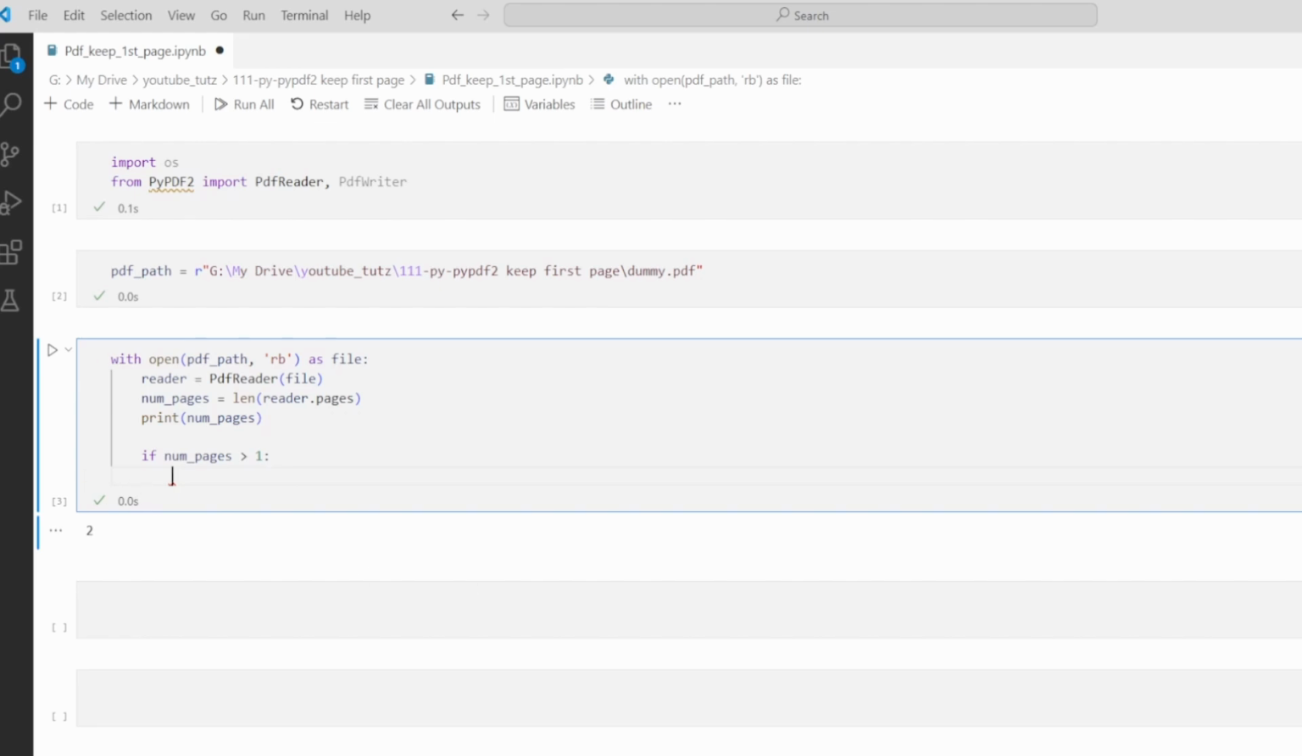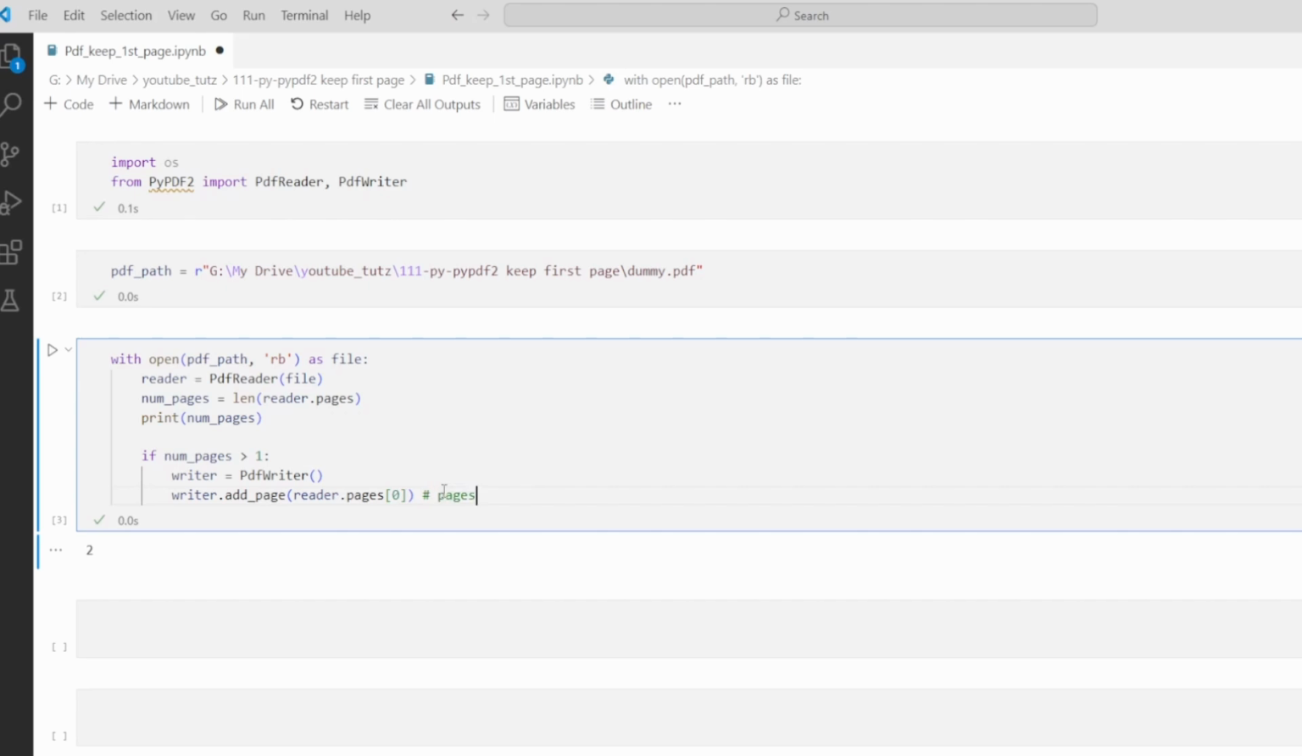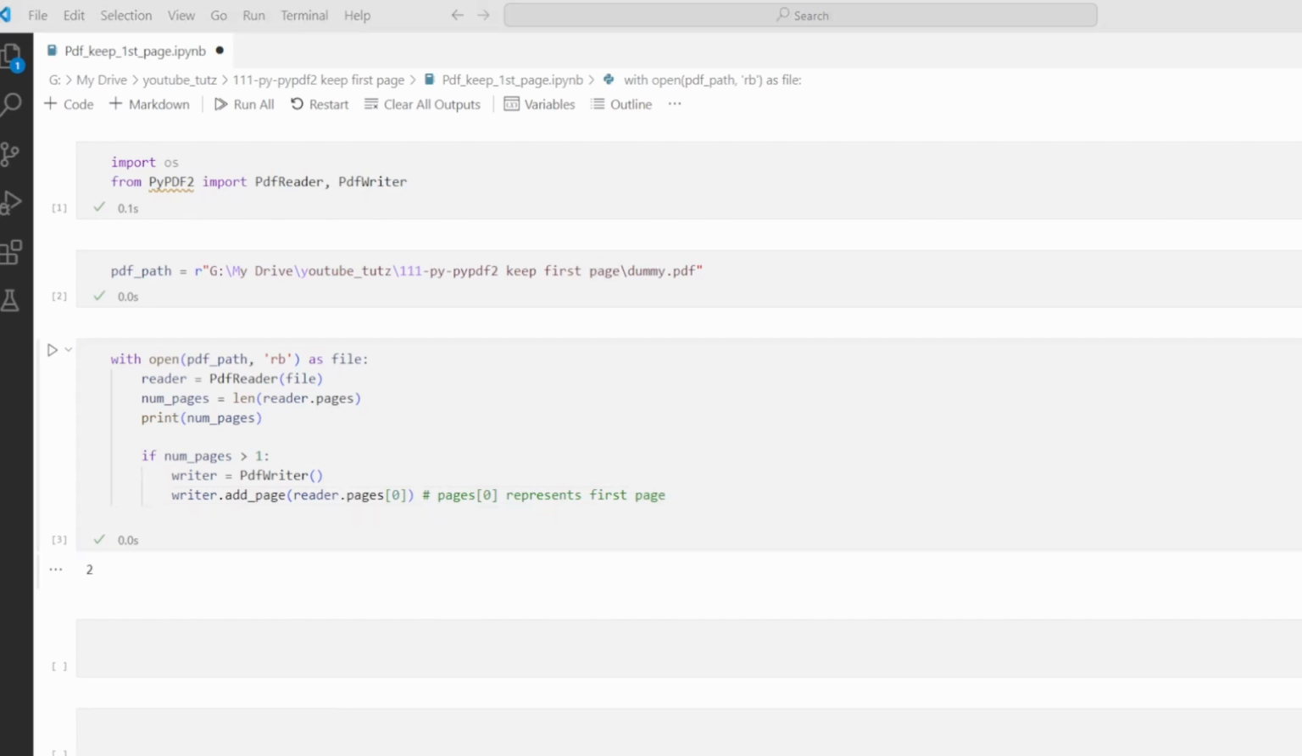So we create a writer object. We say writer equals PdfWriter. And the next thing we will do is start adding the pages to this. We will say writer.add_page, and then add pages[0], which is the first page. We had a comment here: pages[0] represents the first page. Great. All right, so the next thing we will need to do is create a new